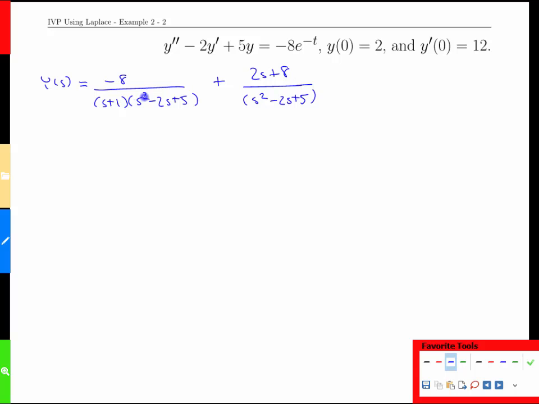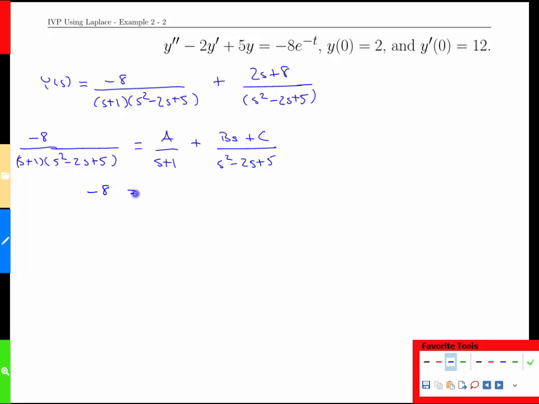Copying out our solution again, let's take a look at the negative 8 over (s plus 1)(s squared minus 2s plus 5). That will equal an A over s plus 1. Unfortunately, this part here doesn't have any real roots. You can check for that. So what we're going to have to do is put a linear term on top and keep the denominator the same. And if we go to solve for the coefficients,